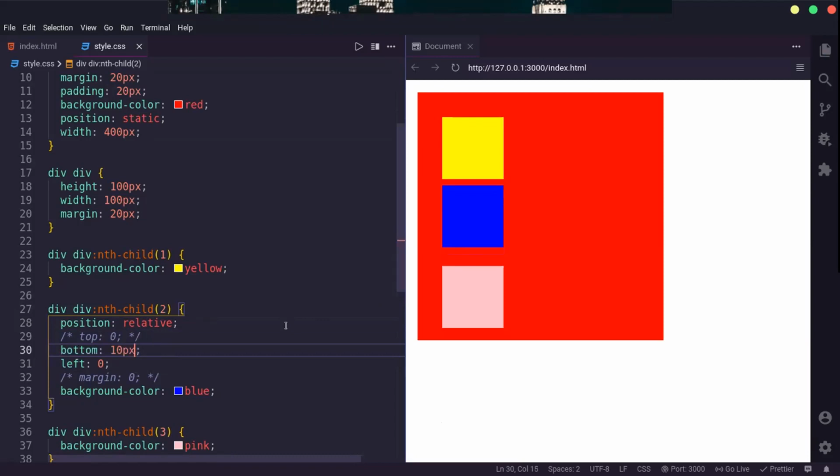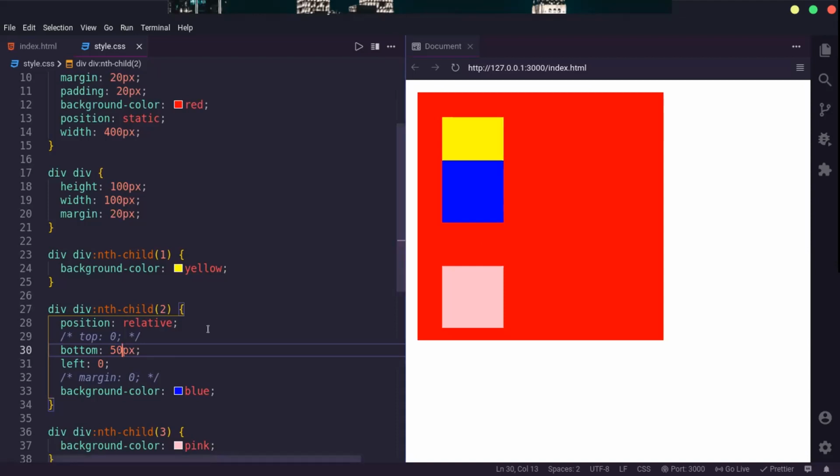Let me do it, not 100, let's say 25 pixels. Okay, you can see that it has moved. So if you want to move any element with respect to its initial static position, you can use position relative. Absolute will place it with respect to its parent non-static element.